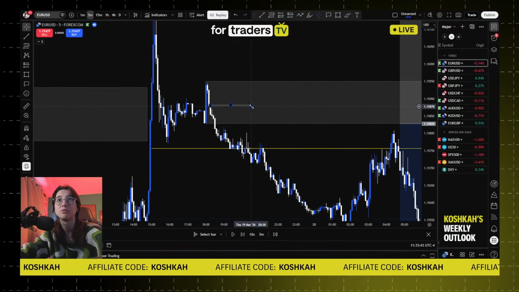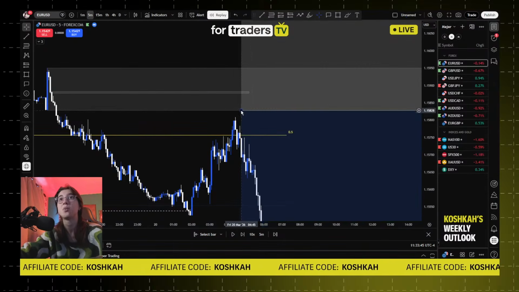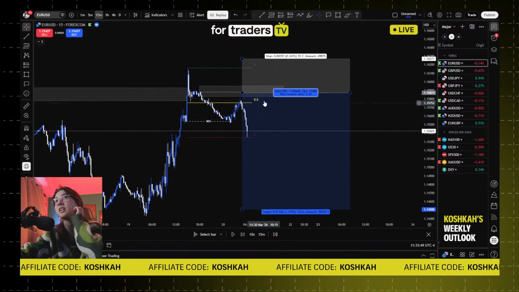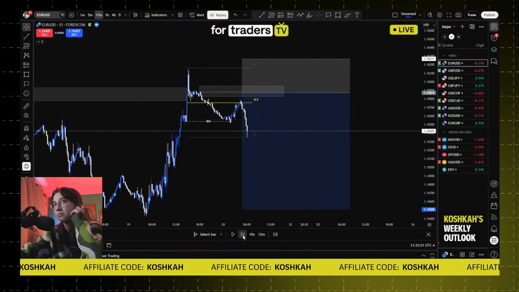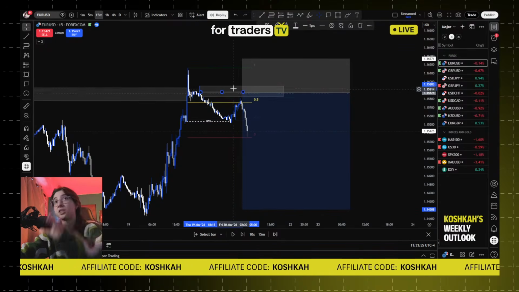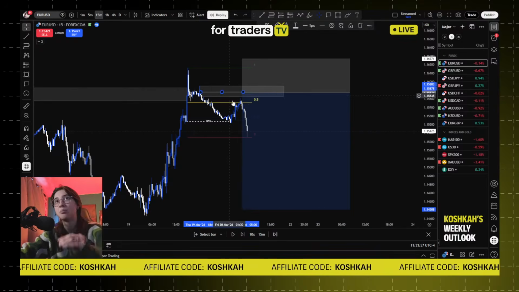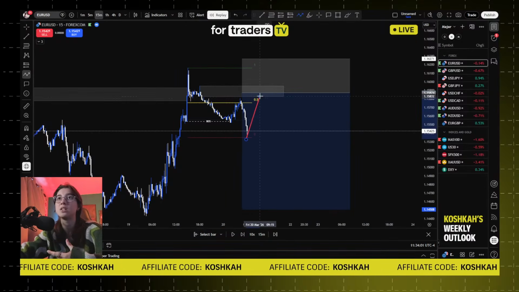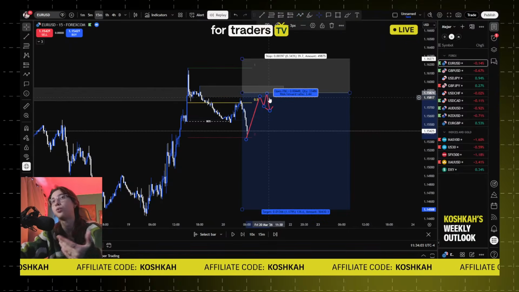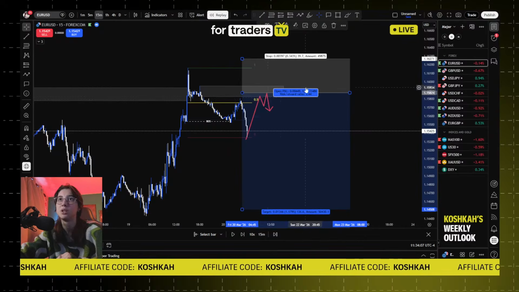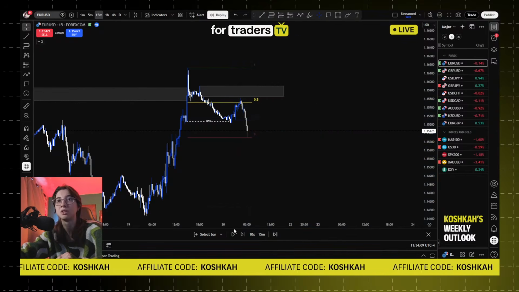And on the 5 minute there is nothing else. So in the worst case scenario, you can refine it like this, but even if you refine it like this, the risk reward ratio is still bad, as you can see. So this one you cannot take, because the refinement is still bad even with the 1 minute POI. The only other option is to wait for your 1 minute break and then look for an internal lower time frame trade. But for the 15 minute, it's not good.